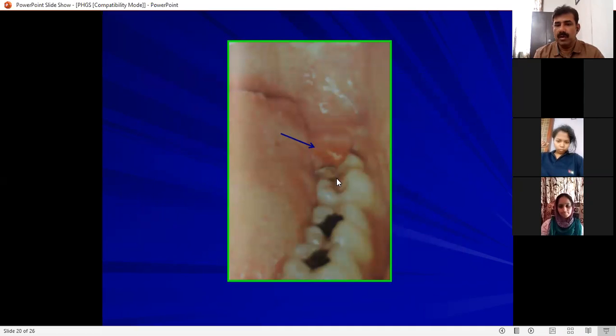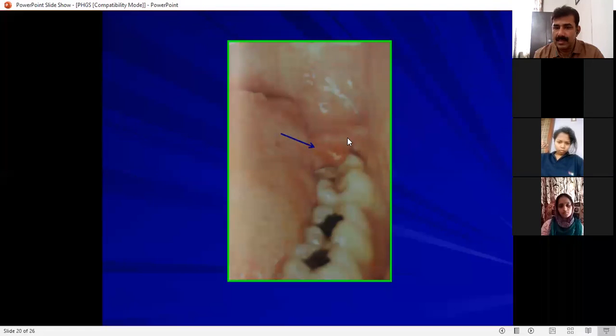Now this is what we are talking about. Here you can see this is the third molar. So you have a gingiva, part of this gingiva, that overlies this erupting tooth. So this space between this gingiva and the tooth is known as the operculum. So food and other debris get entrapped with the bacteria under this flap, and the inner aspect of this gingiva gets ulcerated. So as it gets ulcerated, even if the patient tends to brush, you may not be able to remove all the food that is entrapped in this area.